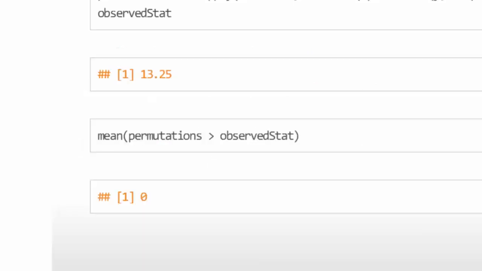Let's now calculate the percentage of our permuted test statistics that are larger or more extreme in favor of the alternative than our observed statistic. And it turns out in this data set we get 0. So across 10,000 permutations, we couldn't find a reconfiguration of the group labels that led to a more extreme value of the test statistic than our observed statistic. Or more formally, the p-value is very small, close to 0,